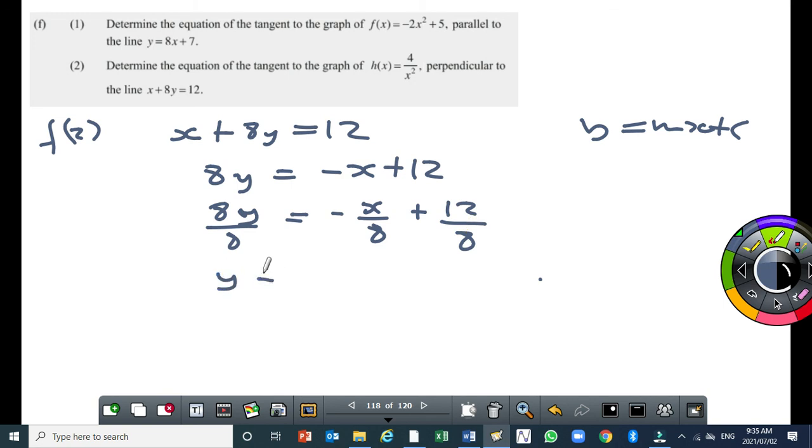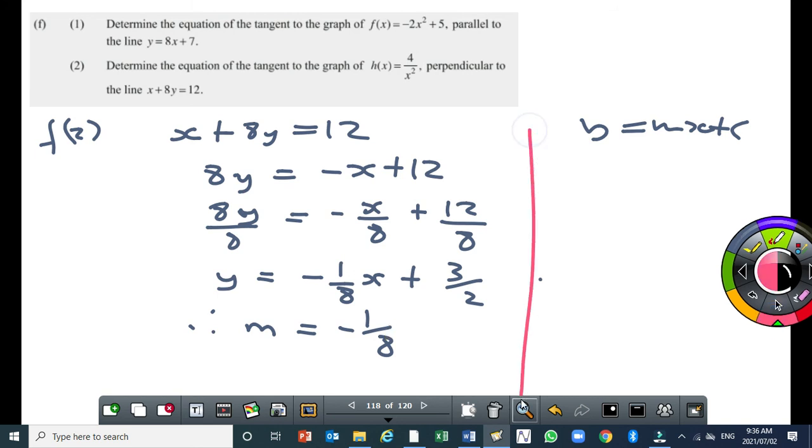Once I do that, I'll get y equal to minus 1 over 8x plus 3 over 2. Therefore, my gradient of that line is going to be minus 1 over 8. This is not the gradient of the tangent. It's the gradient of the line which is perpendicular to the tangent. Okay? The gradient of the tangent